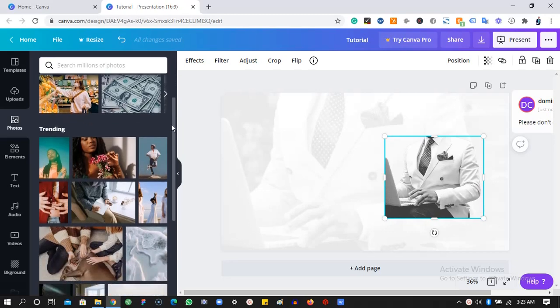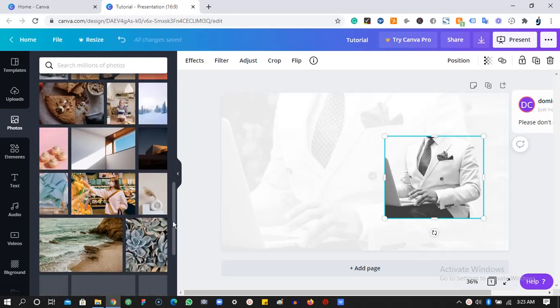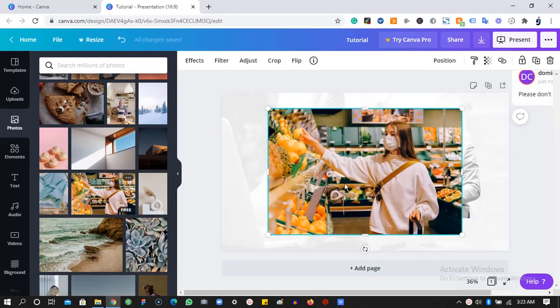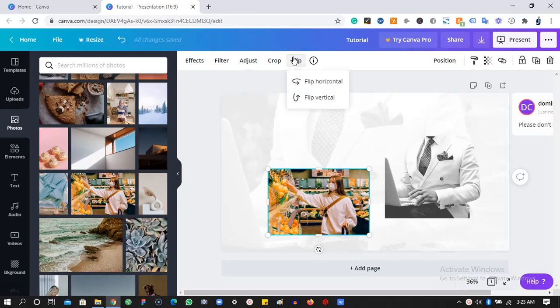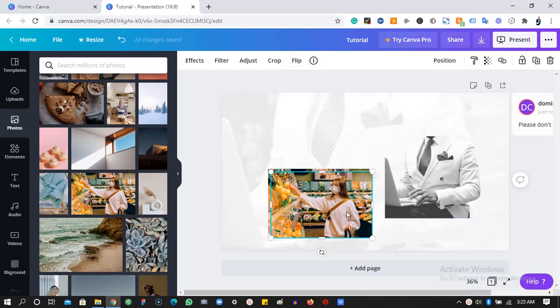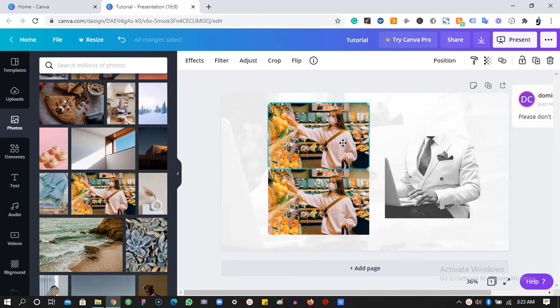And now we go over to photos, and I'm not going to be doing much on this because we already dealt with photo. But if I select this photo, and I have it right here, then you can do all of what we have said. But one thing I want to do again is this: when I have two photos and I change this one